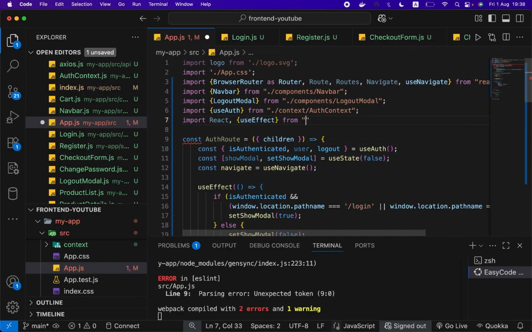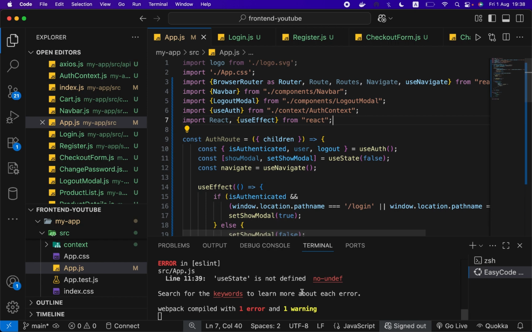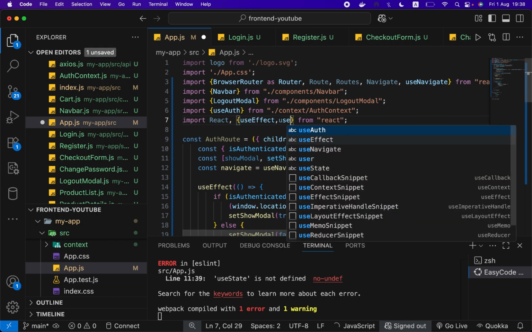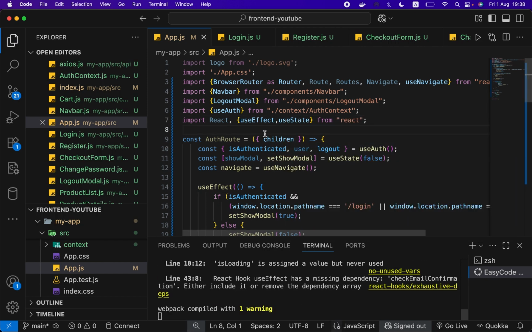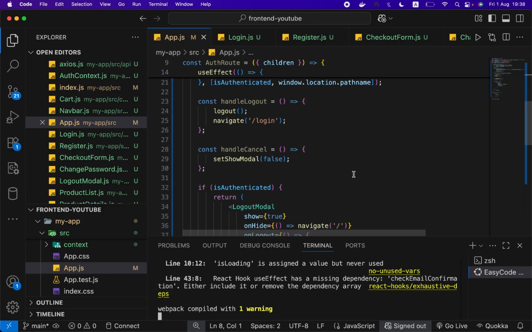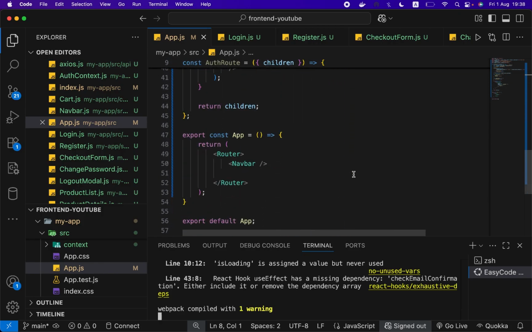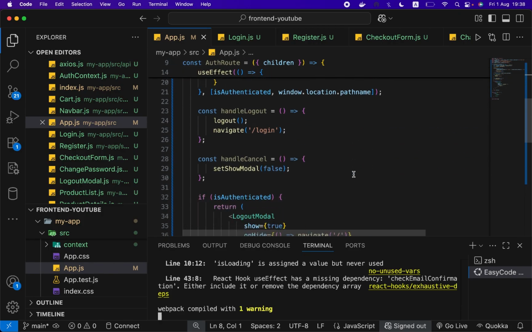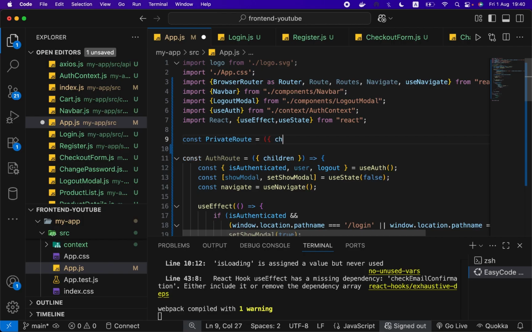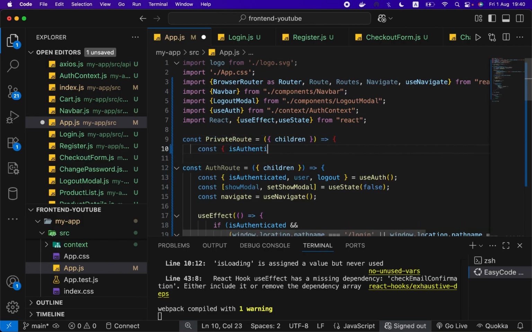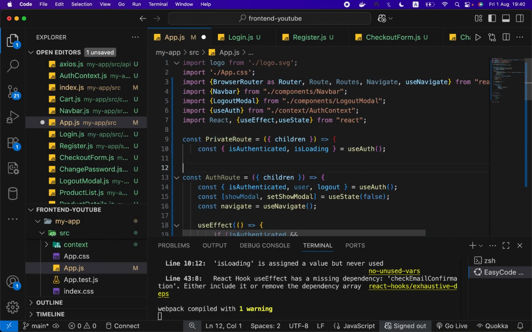But before, of course, we need to write this React here and simply write React. And of course, we need to add this useState as well. So there are no issues and no errors now. Everything works perfectly. Our logout modal is going to work correctly, and we can finally go to the app.js file and